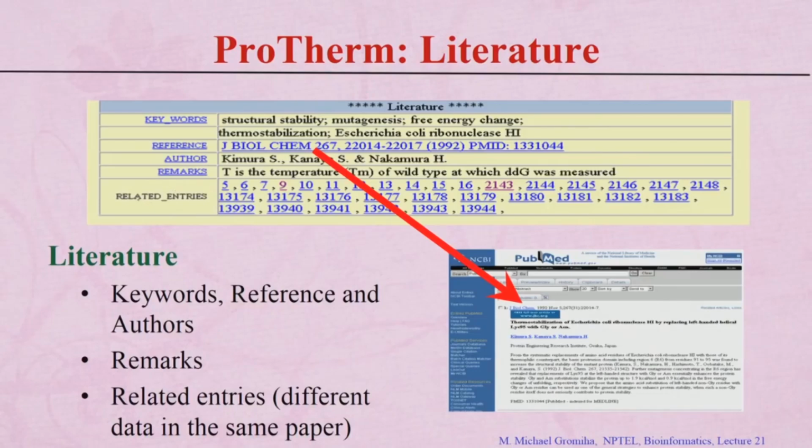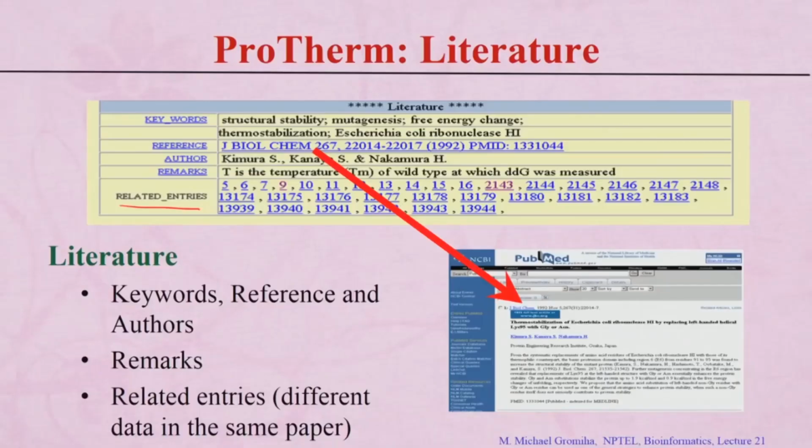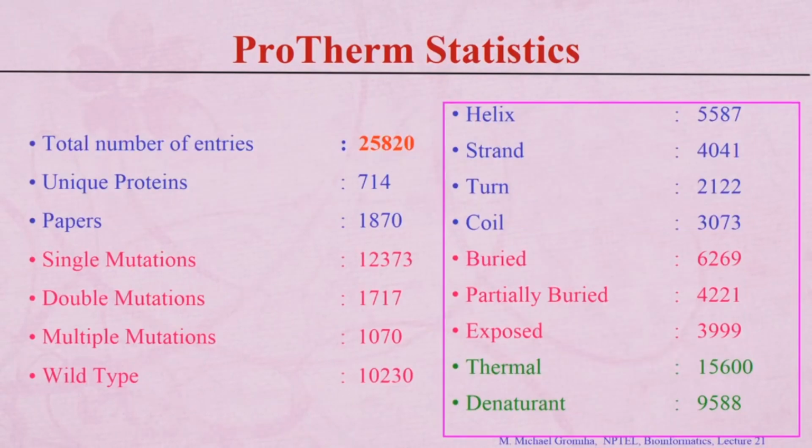Then here we add one more aspect, that is related entries. So for any particular mutant or particular delta G values we gave the data, what are the entries which contain similar protein and similar type of mutants. So these are the entries which deal with the RNase H and the different type of sources, for example E. coli. So you can see all these related entries and you can compare what are the different conditions, what are different papers, and how they got the different types of data and what influences the stability, based on experimental information. So we give all the information and we look at the statistics, here totally more than 25,000